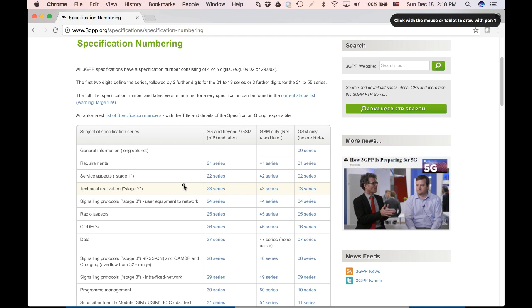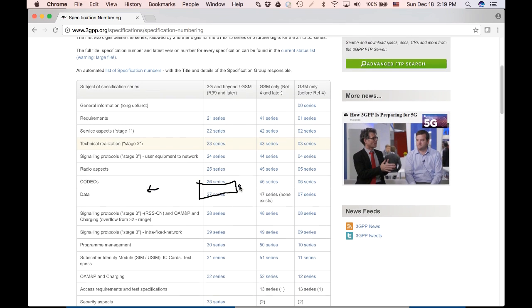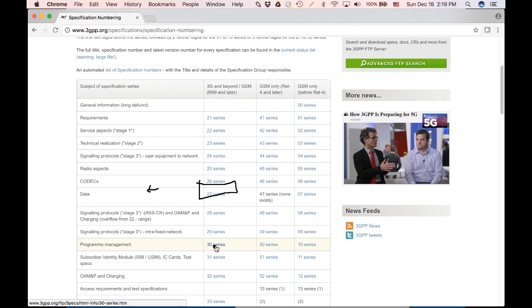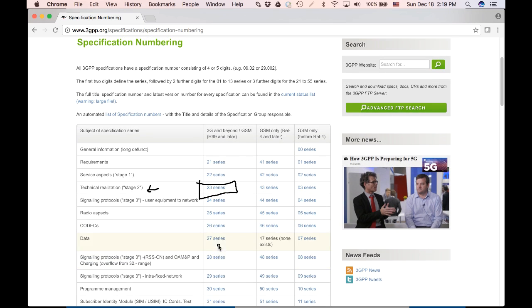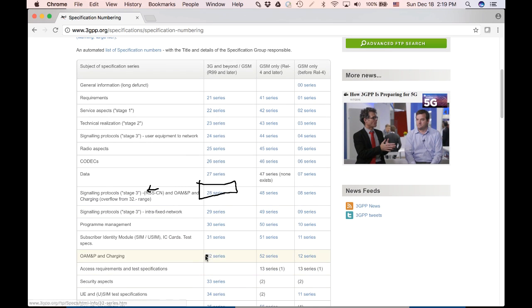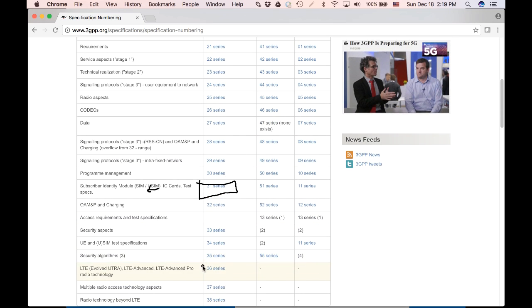The thing to notice is that once you get in here, it's very difficult for you to say which is the specification to look at. Key parts to see is that the 23 series, the 2300 series, is the one that defines stage 2. So if you're looking for overall architecture level documents, you have to look into the 2300 series. The next series which is important to look at is the 3600 series, which is the one that